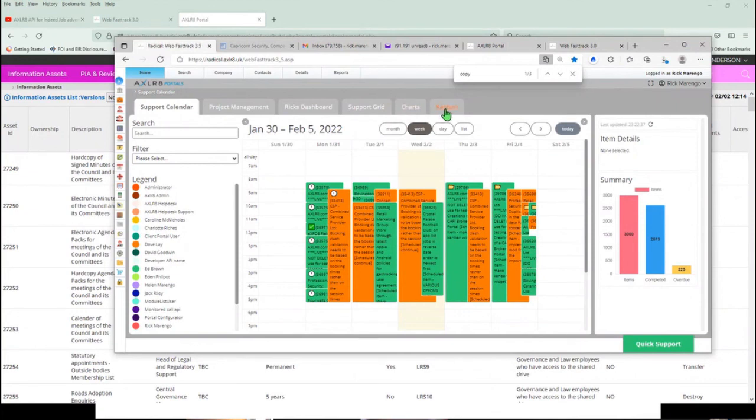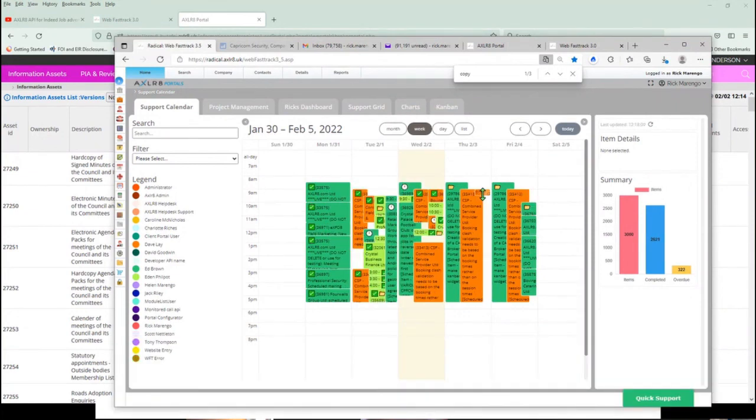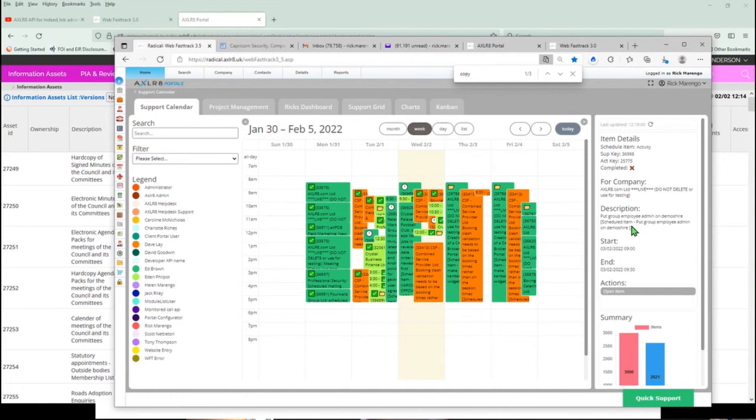We've got a Kanban chart. For example, that job there, I was able to just very easily pop it in for one of my colleagues to have a look at. That particular job is the one I was mentioning, to have a look at getting DemoShire with the group employee admin facility, which I'm hoping to demonstrate to you on the